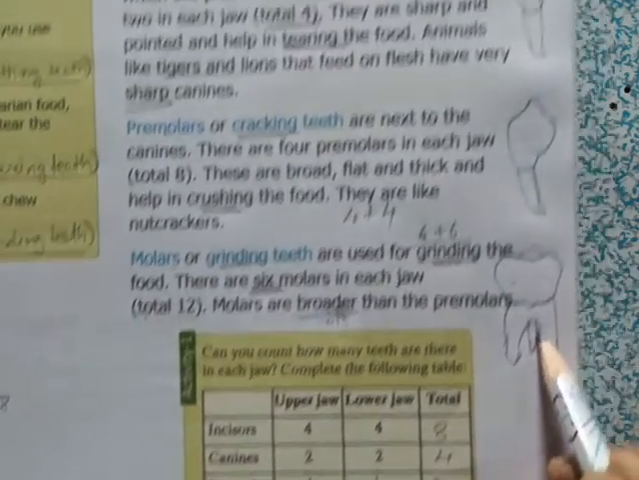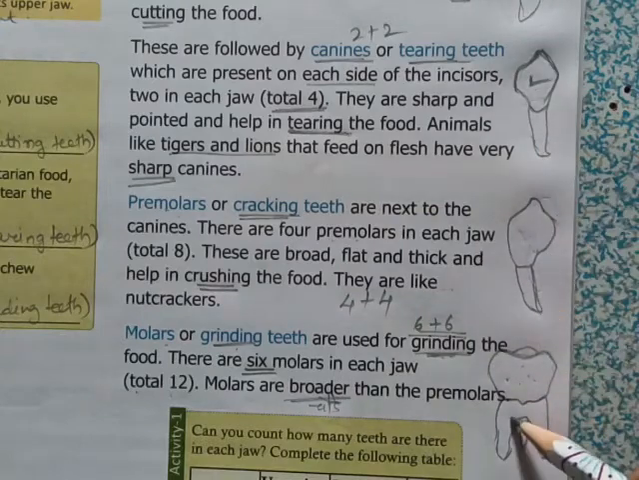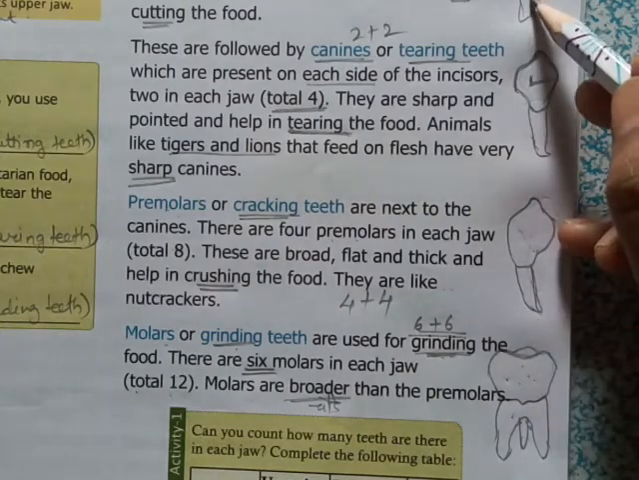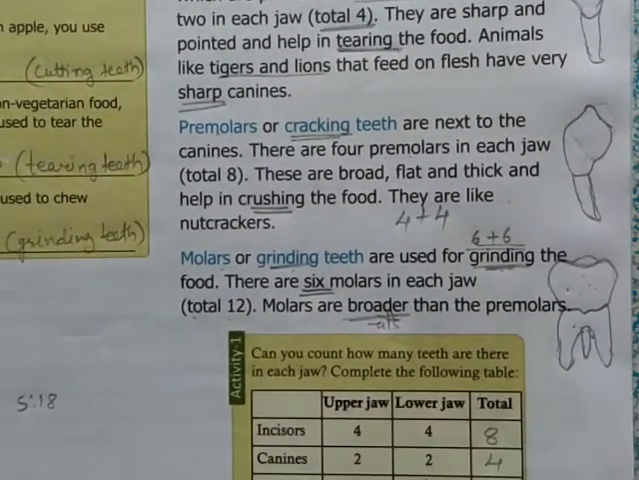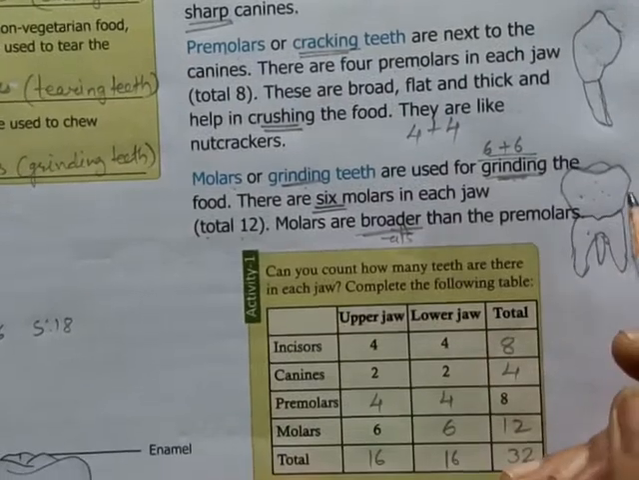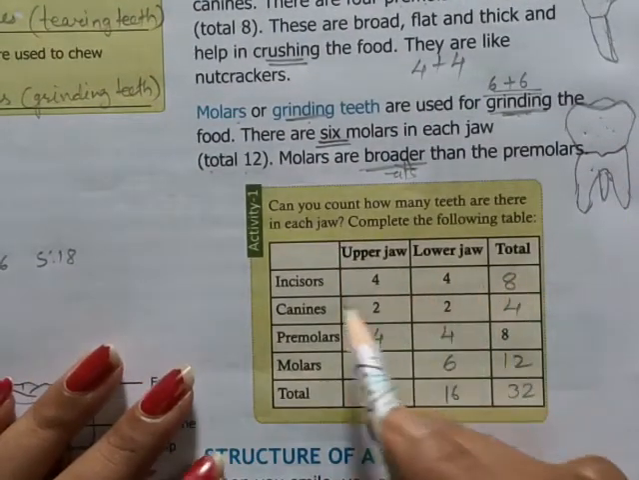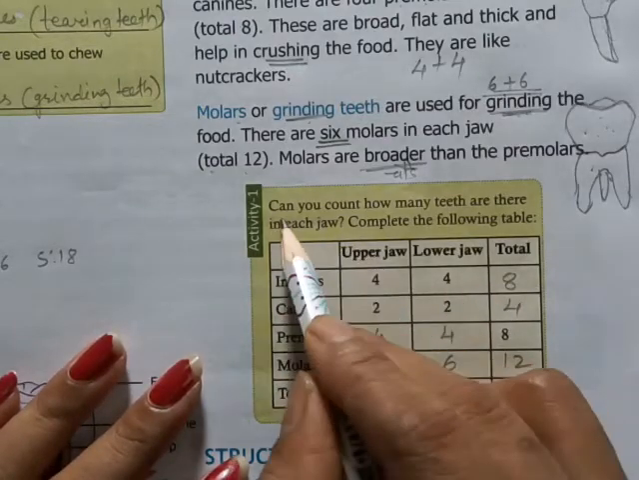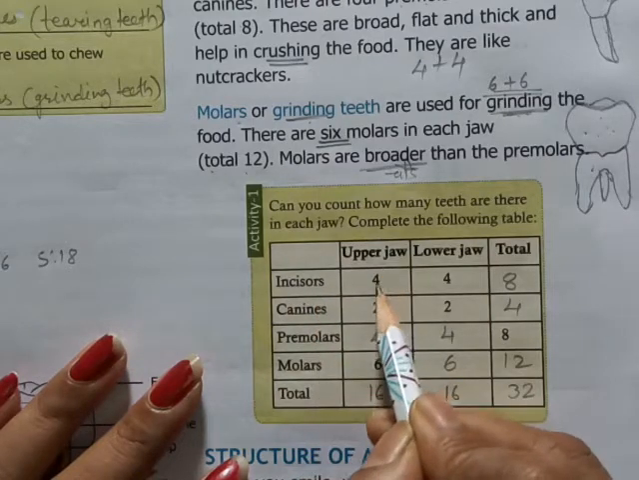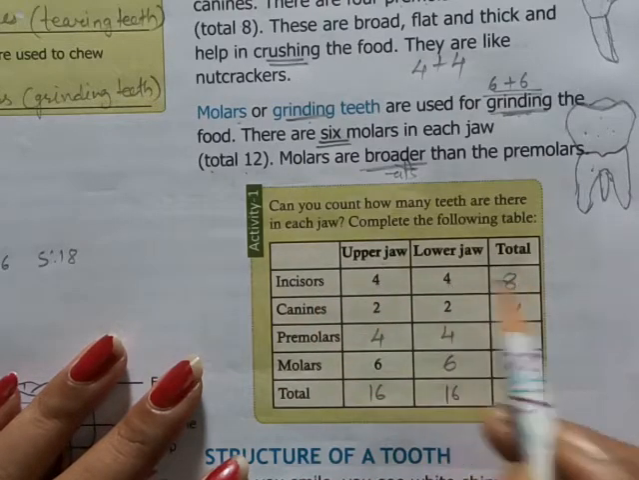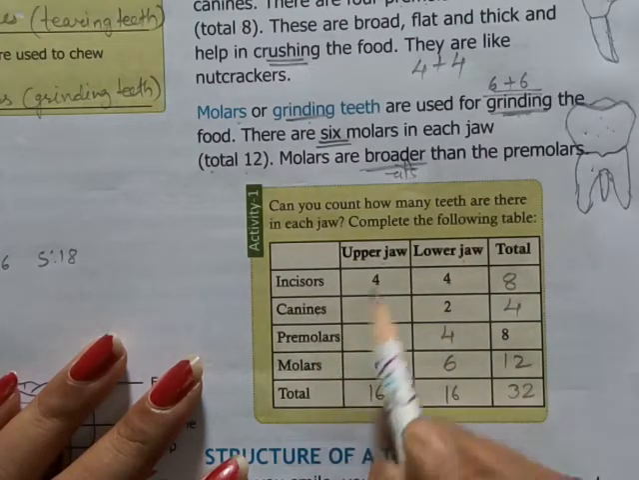Then here you have a table. Can you count how many teeth are there in each jaw? Incisors, upper jaw 4, lower jaw 4, total 8 teeth. Canines, upper jaw 2, lower jaw 2, total 4 teeth. Premolars, upper jaw 4, lower jaw 4, total 8 teeth. Molars, upper jaw 6, lower jaw 6, total 12 teeth. So the upper jaw has 16 teeth, the lower jaw has 16 teeth, and a total of 32 teeth are there in an